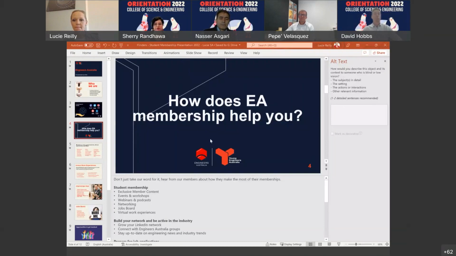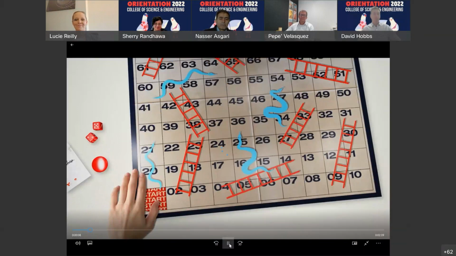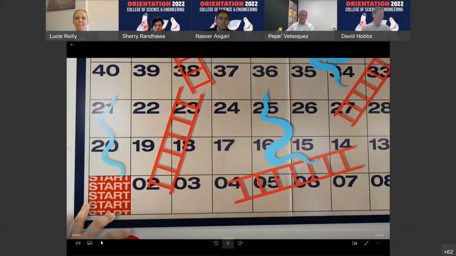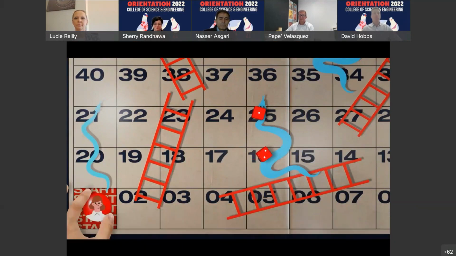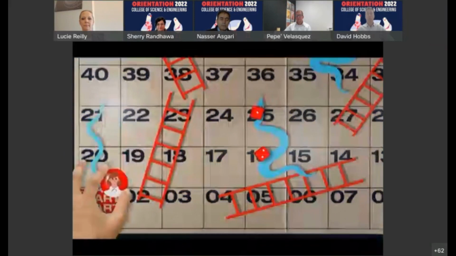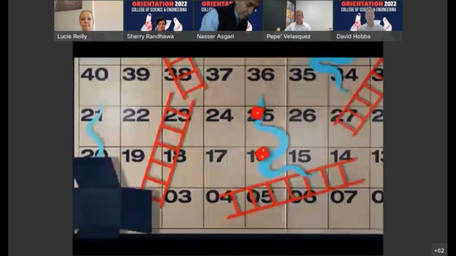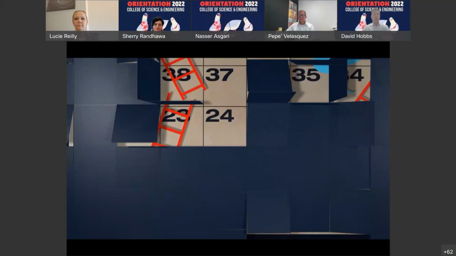Maybe if you stop sharing the slideshow and share the video. Can you see that? No. Oh, yes, now we can. It may take a few years to finish, but don't worry, it'll fly by. There'll be ups and there'll be downs, but joining Engineers Australia will get you up the ladder faster and be here to act as your safety net and catch you if you fall. All of your hard work will be worth it when you reach the finish line. The world will be yours.